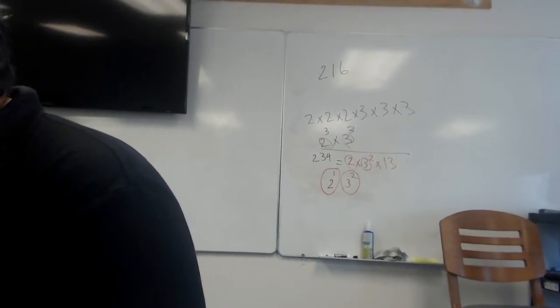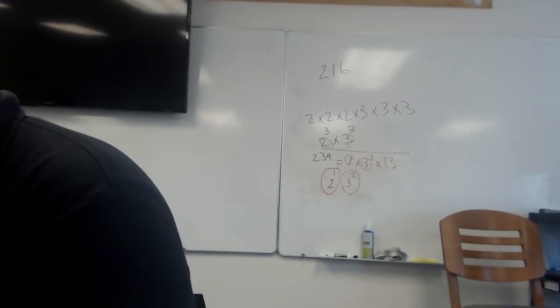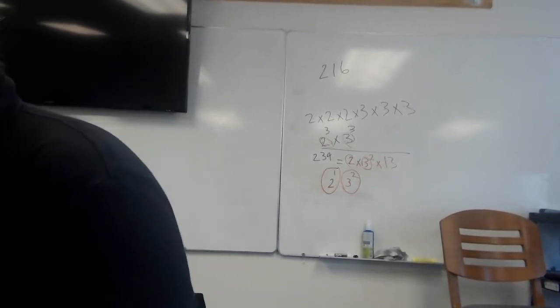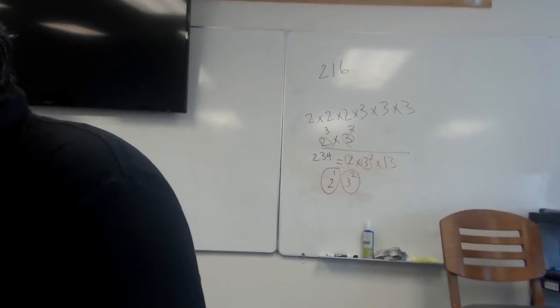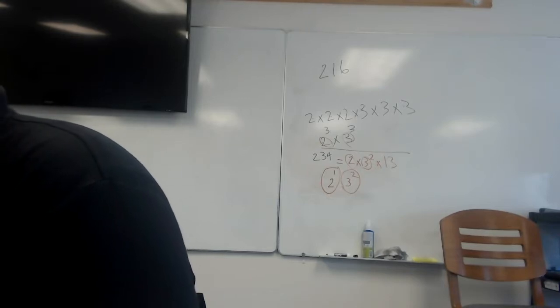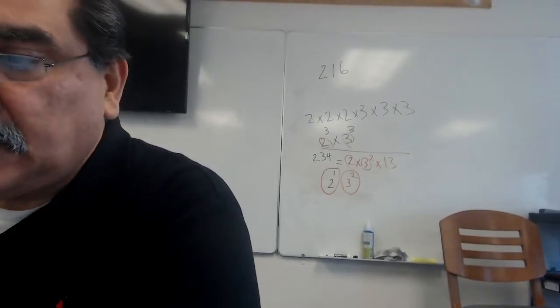So one factor for the greatest common divisor is 2 to power of 1, or 2. The exponent associated with 3 is 2 and 3, we select 2. Therefore, another factor is 3 to power of 2. What it means is these are the greatest common divisor that is common between both these two numbers. Okay, let's continue